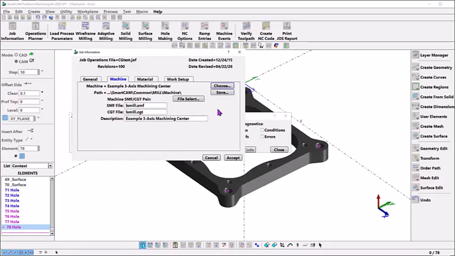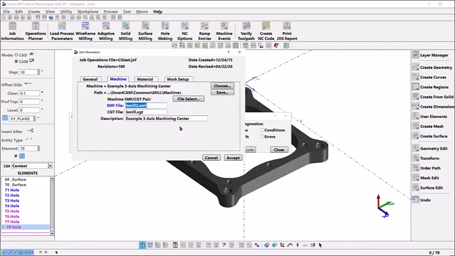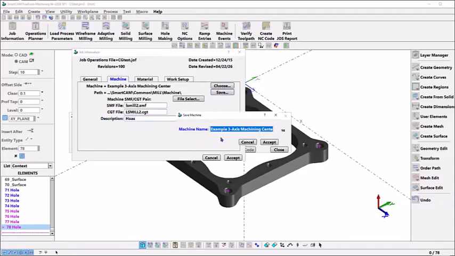Let's go ahead and create a new machine right now. So let's go to File Select. I've made exact copies of the LS Mill here. So let's just pick the LS Mill 2. That's the copy that I made. We'll open that. And if you press enter, it should default that. And let's give it a different description. And then let's save this machine. And let's call it